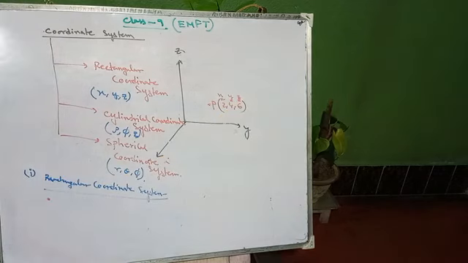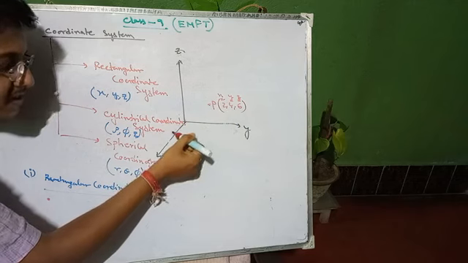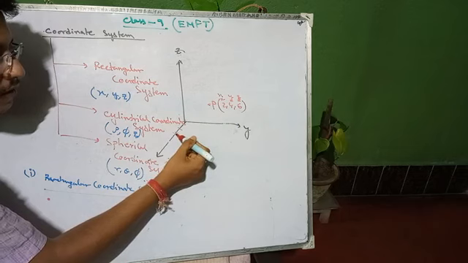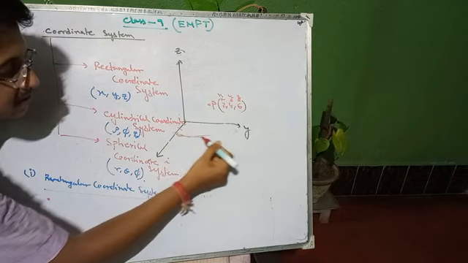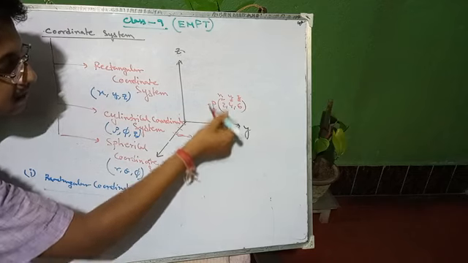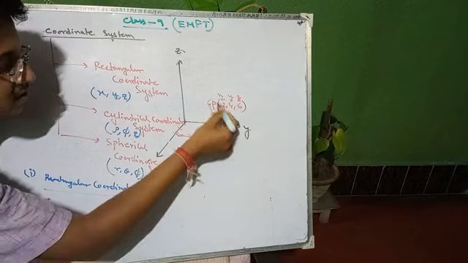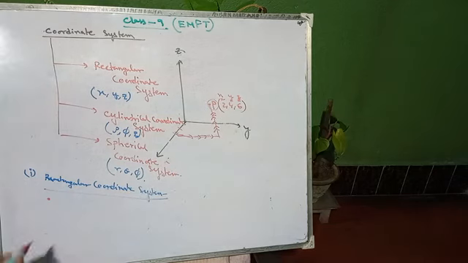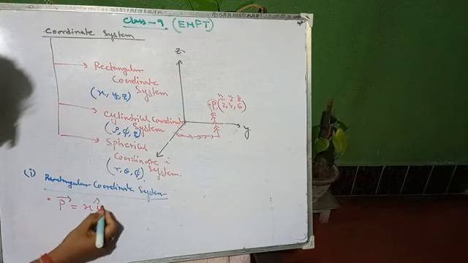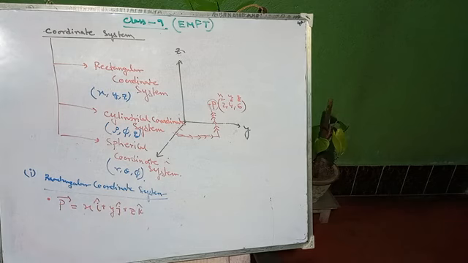Okay, so that means you have to move 2 unit distance along x, and then you have to move 4 centimeter distance along y, and then you move 6 centimeter distance along z, right? So to reach the point P. So how to locate? So a point P may be located as x i cap plus y j cap plus z k cap. Okay, it is very much familiar.